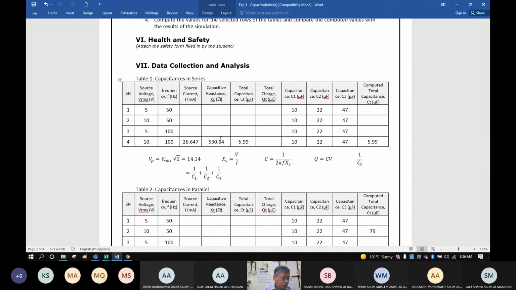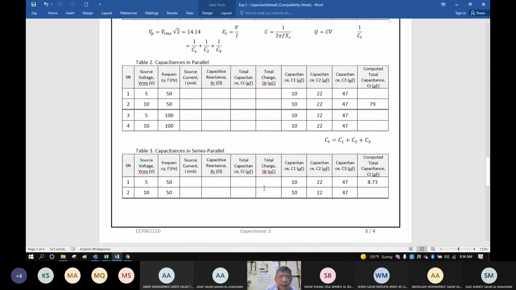Because 14.14 divided by 26.647 milliampere, the answer is 530.64. And then the C total is 1 over 2 pi multiplied by 100 multiplied by 530.64. That is the total capacitance of 5.99.